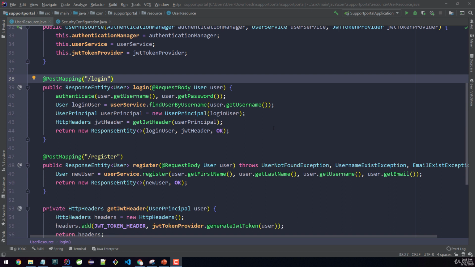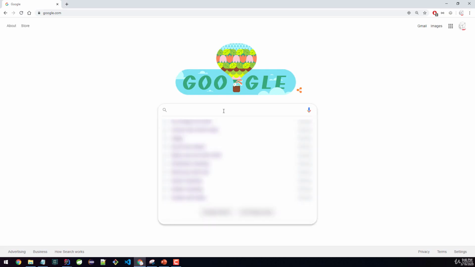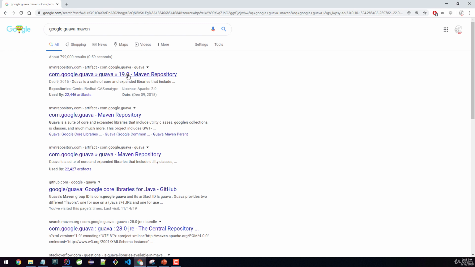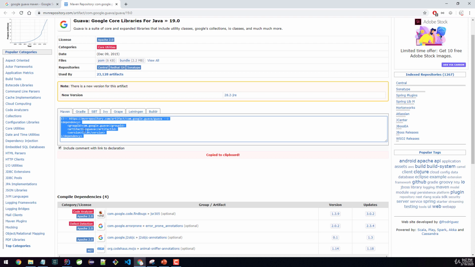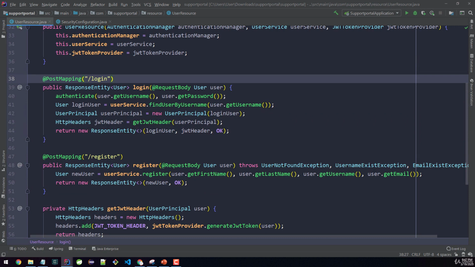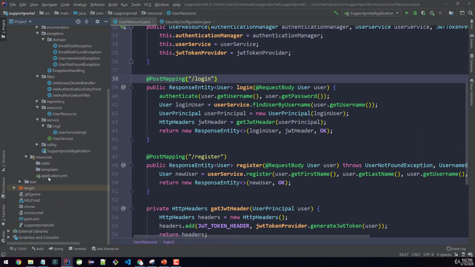So we need to go grab a dependency from Google, and that dependency will allow us to create an in-memory cache, and then from there we can continue building the actual implementation for this. So I'm gonna go in Maven so that I can get the dependency, and I'm just gonna click on the first one here, copy this, and go back to the application. I'm just gonna go to the POM file and then put that dependency in. So, POM file, and I'm just gonna put it anywhere here,